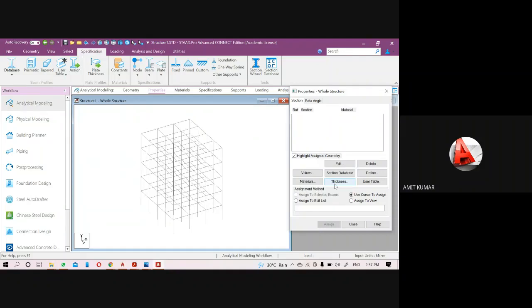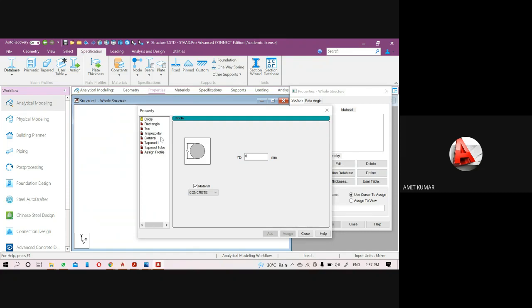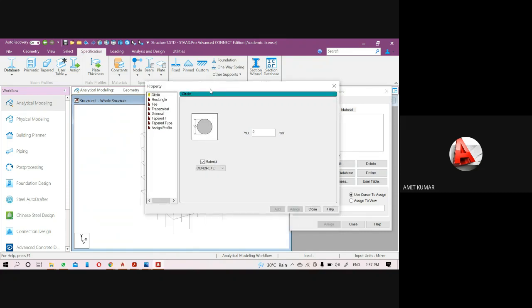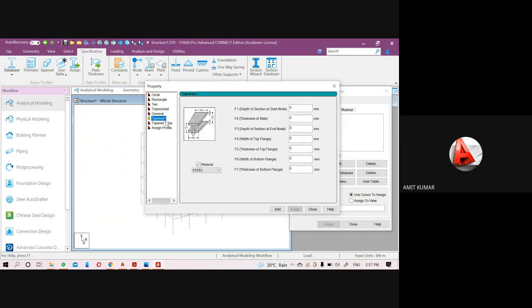I will start from the define here. So under the define, when I click on it, the first thing will be your section profile. Here you are seeing a circular section, rectangular section profile, T-shape, trapezoidal, general, and tapered, all these things.